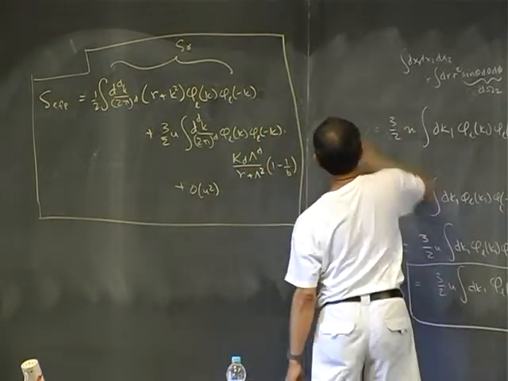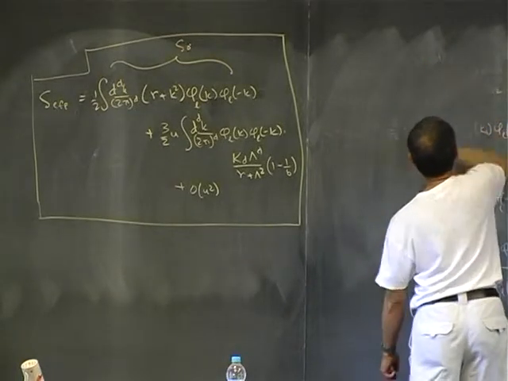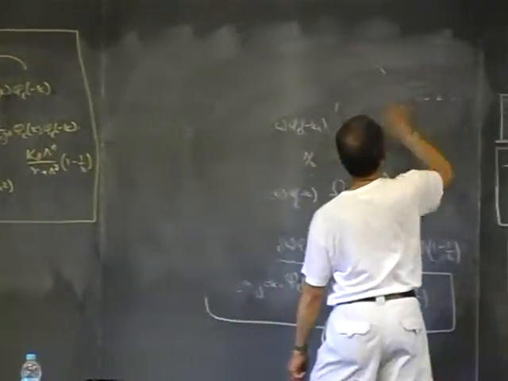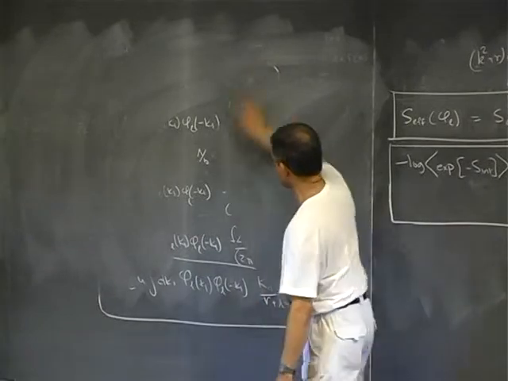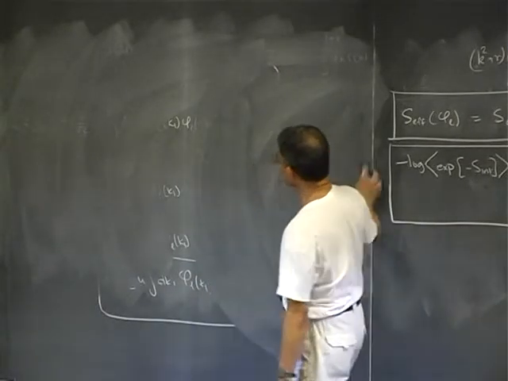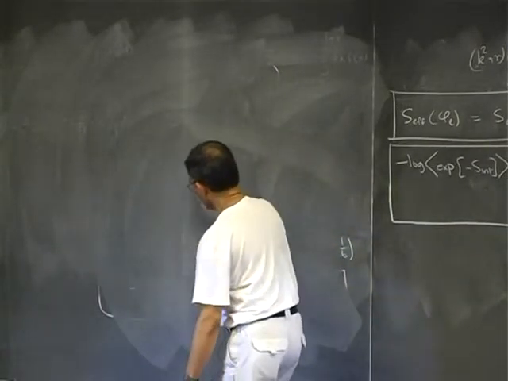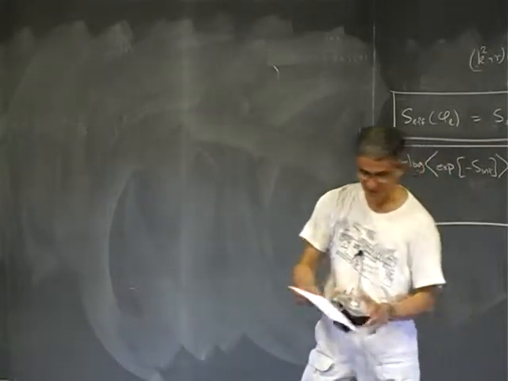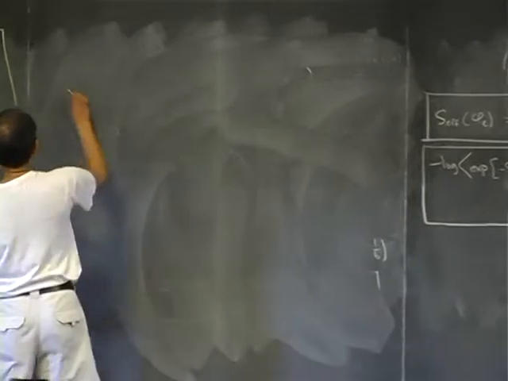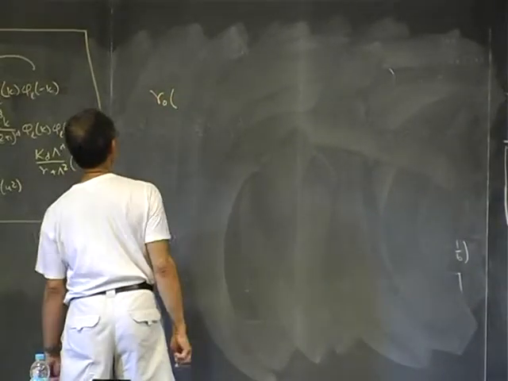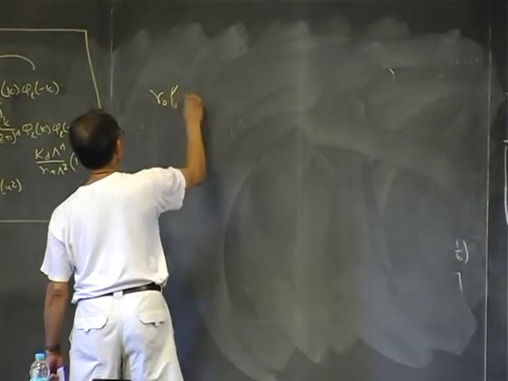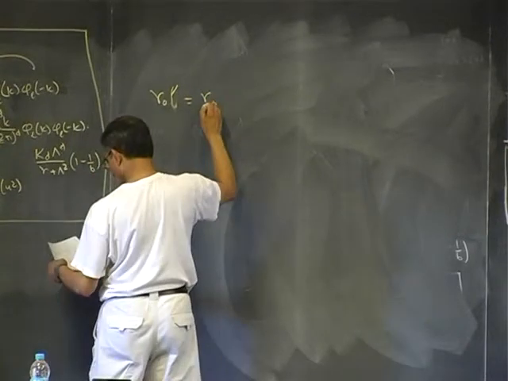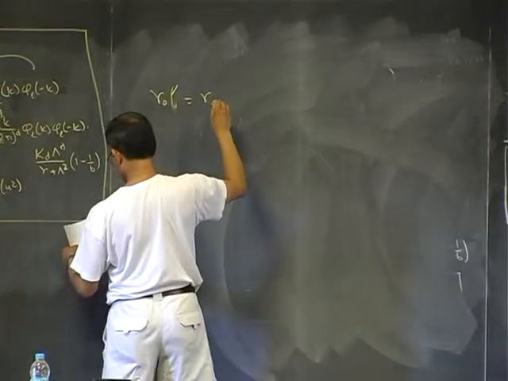So after one step of integrating out the high momentum modes, I now get a recursion relation which looks like r naught prime is equal to r naught plus